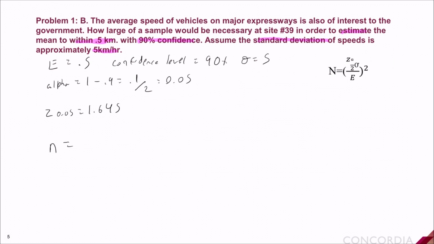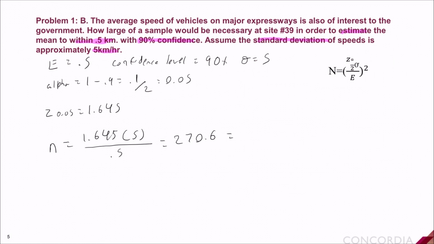N equals 1.645 times 0.5 over our margin of error, our E, which is 0.5. Our standard deviation was actually 5. So just to repeat, it's our z-score of 1.645 times our standard deviation of 5 kilometers per hour divided by our margin of error of 0.5, and that gives us a value of